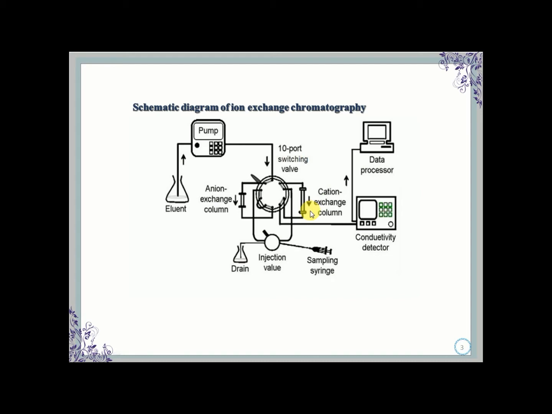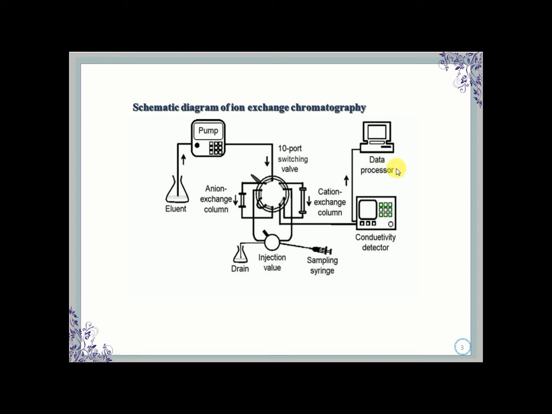Columns are made of glass in the laboratory, and high quality stainless steel or polymers in the industry. High quality stainless steel should resist the strong acids or alkalis which are used for practical purposes. The separation depends on the length of the column.